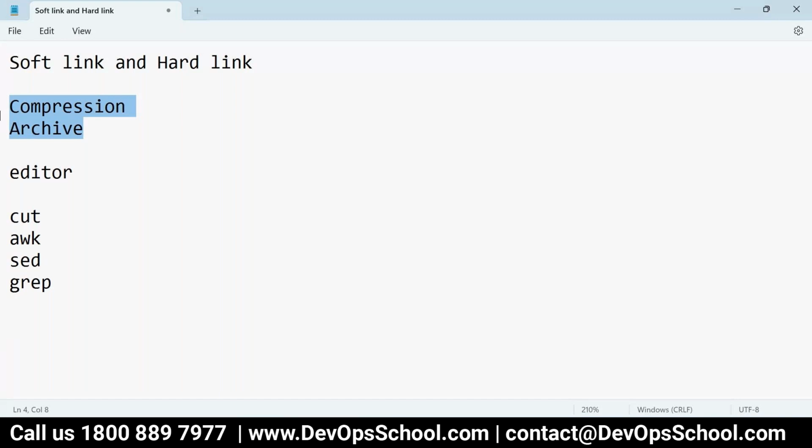And archive, basically, we just move data to another place, like a repository, historical data, from an archive perspective.